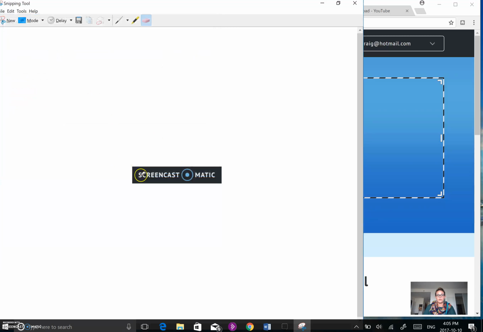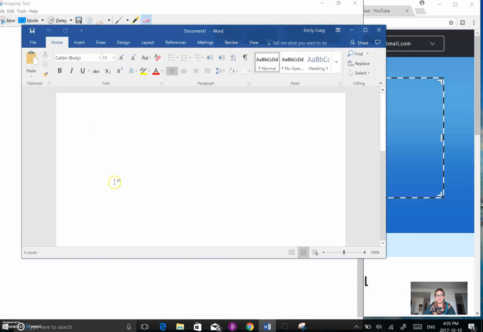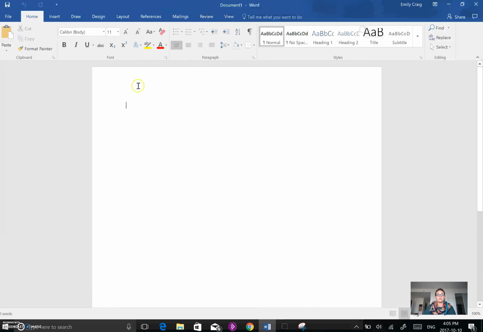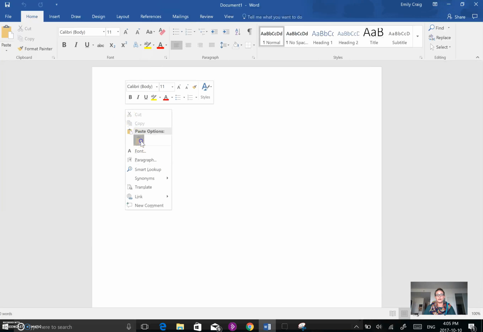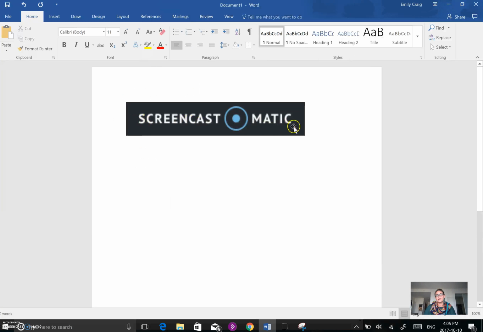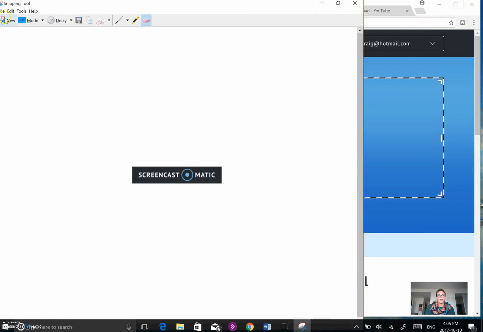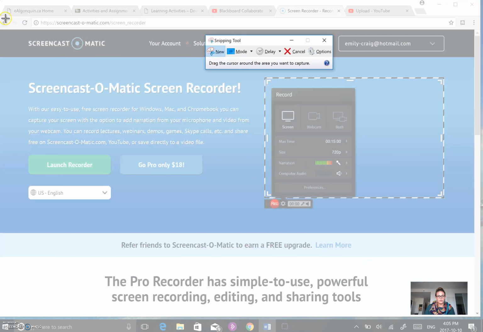So I'm just going to actually copy and paste it into a Word document just to show you how easy and simple it is. And I'll right click and paste. And there is the screenshot that I've taken from the Screencast-O-Matic website. So I'll minimize that and show you another way to do a screen capture, and that is we'll use the